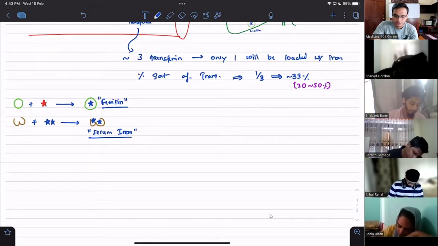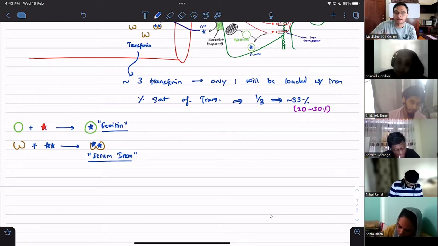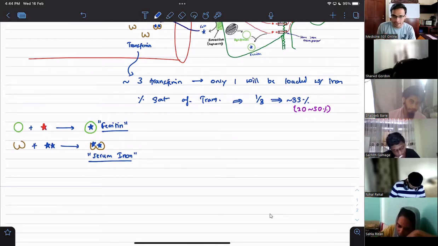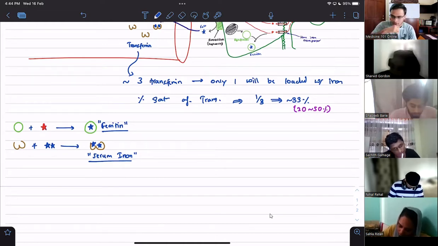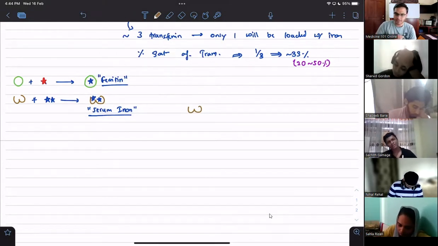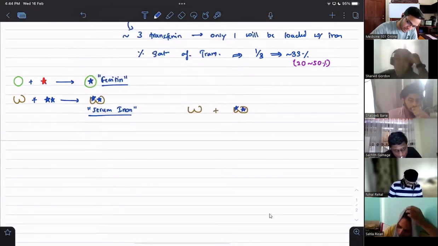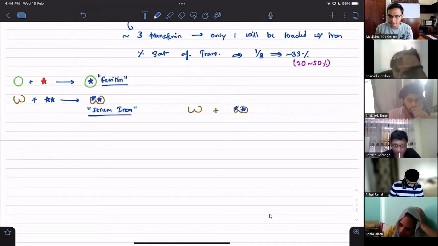Now, guys, we talked about the percentage saturation of iron as well. Percentage saturation means out of all the transferrins, how much is loaded with iron. In a normal person, around 20 to 50% of the transferrins are loaded with iron. The remaining are just there because the liver is producing more than required amounts of transferrin. So what two types of transferrins do we know? One is a free transferrin. The other one is a bound transferrin, saturated, bound with iron. These are the two types of transferrin you can see in a person's blood.